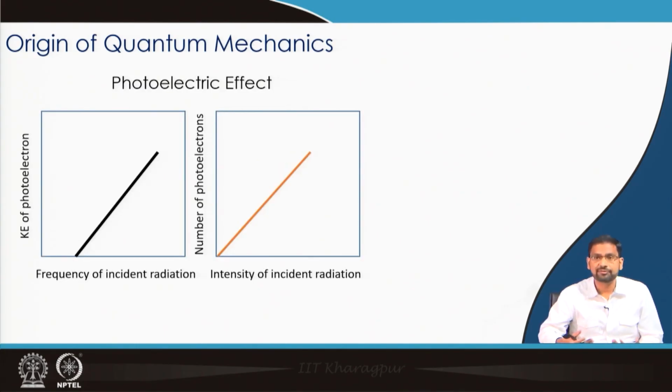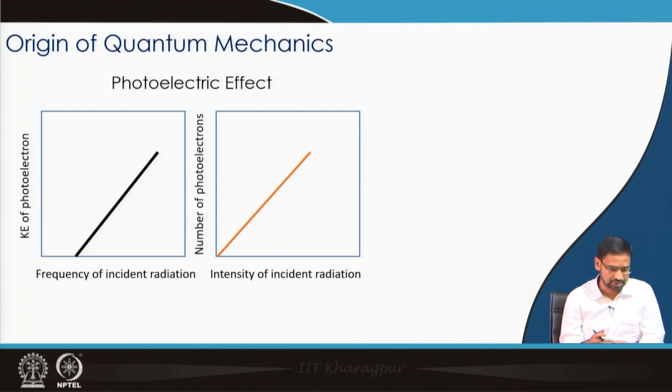The photoelectric effect is the simple process where you shine radiation upon a metal surface, and then that metal loses an electron. This lost electron, the photoelectron, if you connect it to an electric circuit, you can monitor in terms of current. Now, these experiments were being carried out and results were obtained, but there were some anomalies